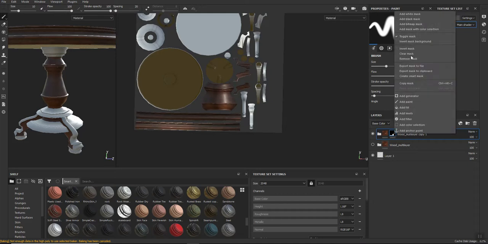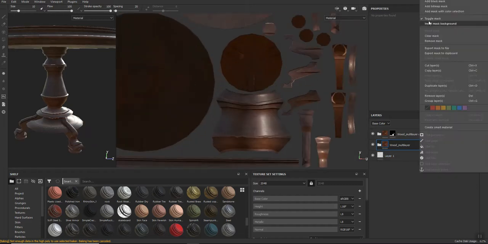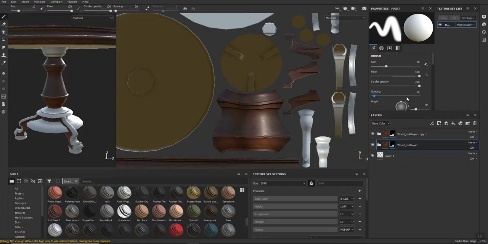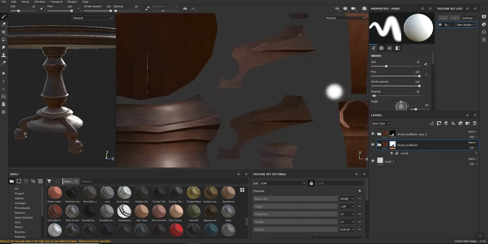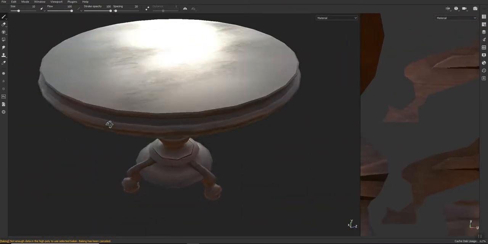I can actually copy this mask, and I can turn on this other wood multigrain, and I'm just going to right click and say I want to add a black mask, and then inside here right click and say paste into mask, and then see how I pasted it in there. And if I just right click and say invert mask, now I have my wood grain going different directions, right? See the wood grain follows the flow of the wood here, right? And so that gives me a really nice result, right? And so now my table